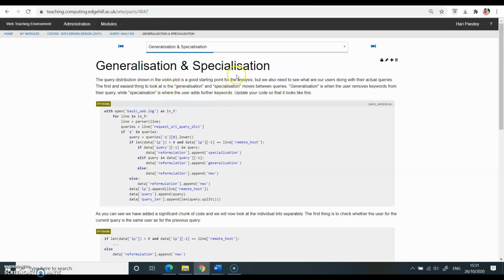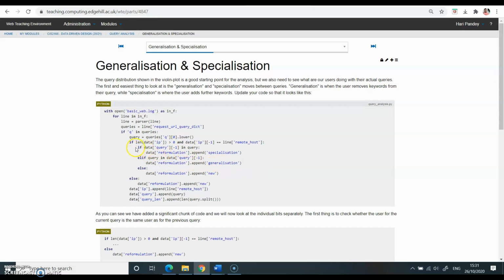Next we will see generalization and specialization. So I already explained specialization is the process of adding new keywords in the original query, and generalization is the process of removing the keyword from the original query. So this is what we are doing for understanding the generalization and specialization. Here you can see we are applying reformulation for specialization and reformulation for generalization.